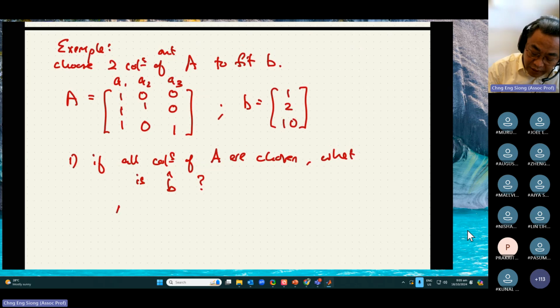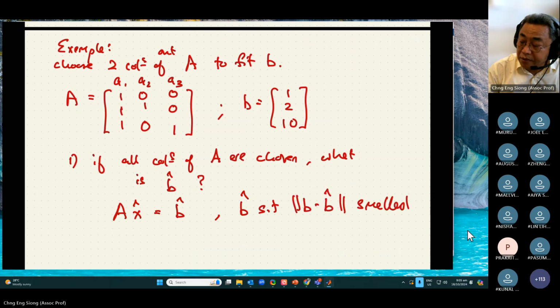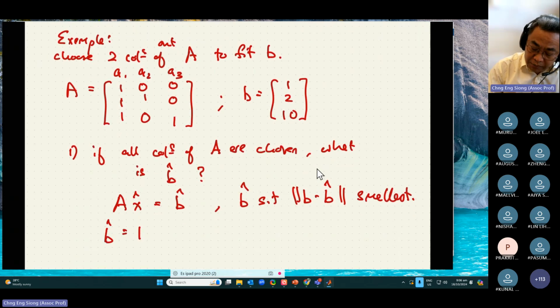It is A x hat equals B hat. We want to find B hat such that the norm of B minus B hat is smallest. So this is the least square solution. A is the matrix, B is the target, A x hat equals B hat, but we want to find B hat to approximate B. So this is the condition. B hat will be B because A is